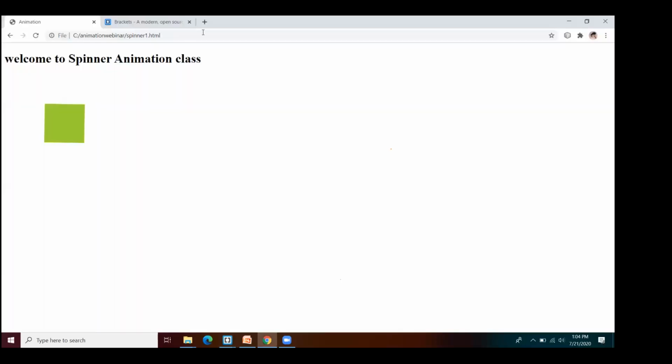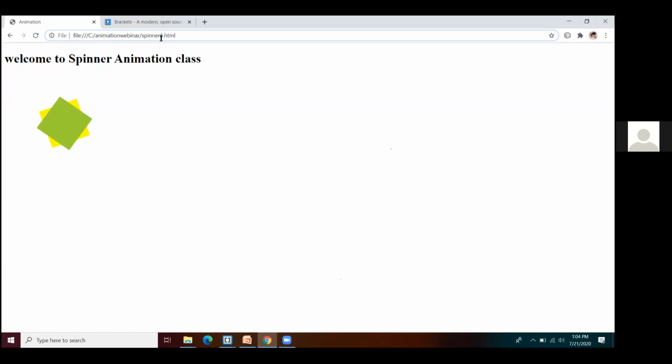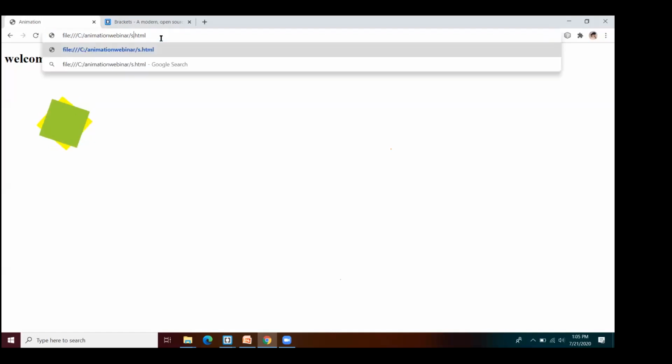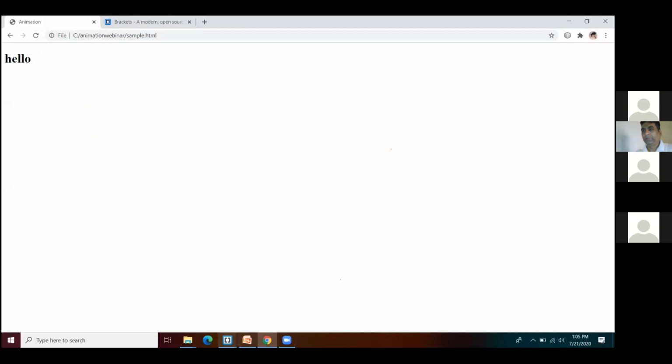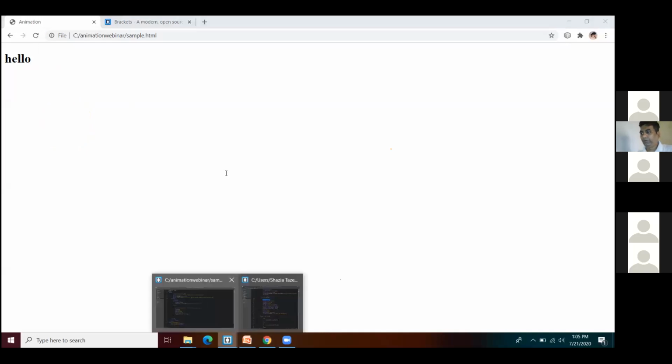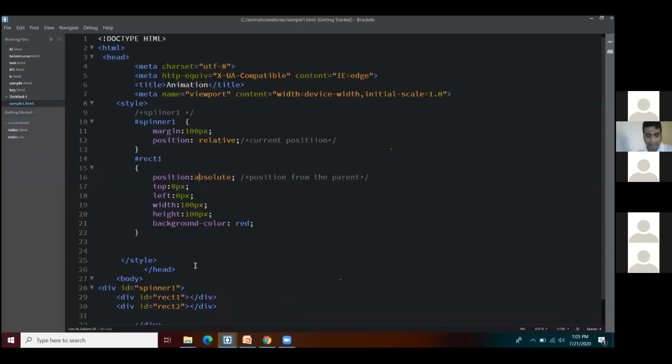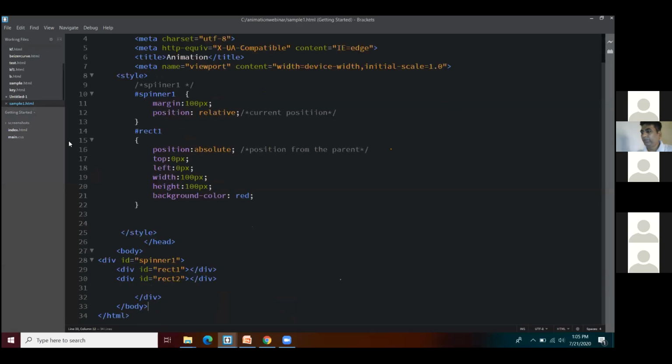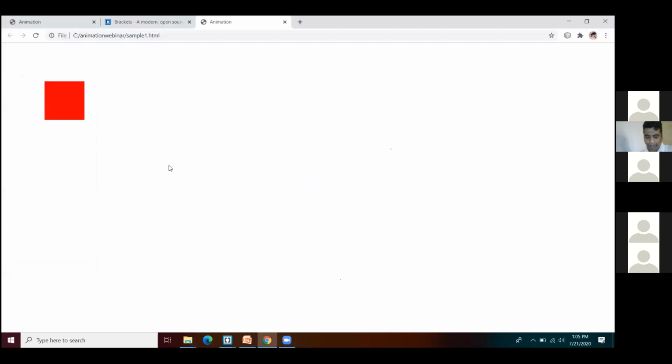So let us refresh the page. Is it the same or not? Yeah, you can see the rectangle over there, and it is red in color. So that is my first rectangle.